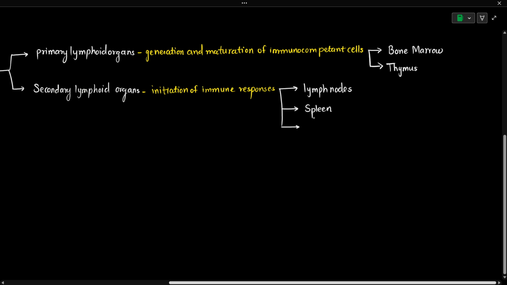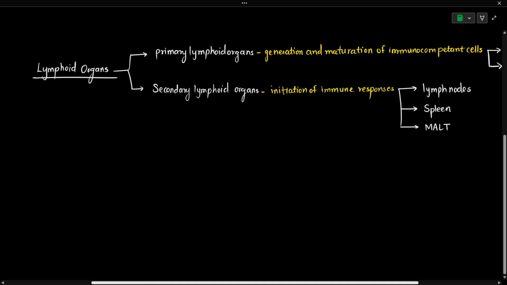So the other organ or tissue which is part of secondary lymphoid organs is the mucosal associated lymphoid tissue. This is also known as MALT. This mucosal associated lymphoid tissue is also a part of the secondary lymphoid organs, because here the immune responses will be seen. So these are the primary lymphoid organs as well as secondary lymphoid organs, but they are present only in